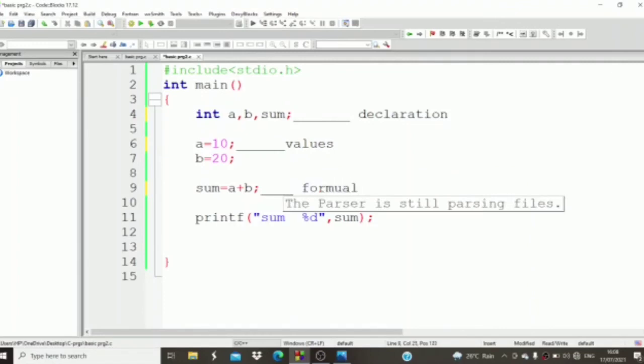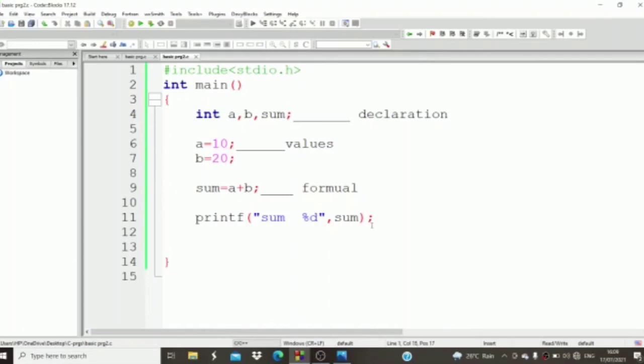We got that formula. For another program, for example a simple interest program, the formula will be different, right guys? At that time the formula will differ. As you know, there is the header file, then the open and close curly braces.